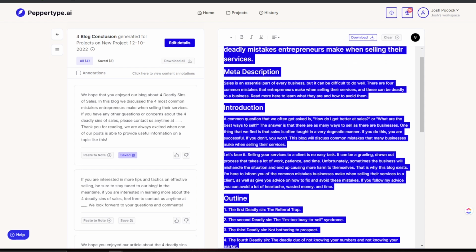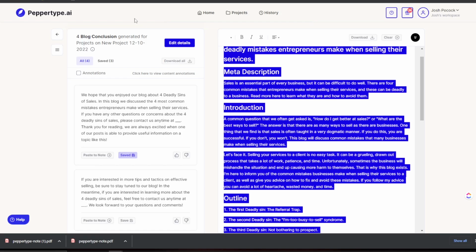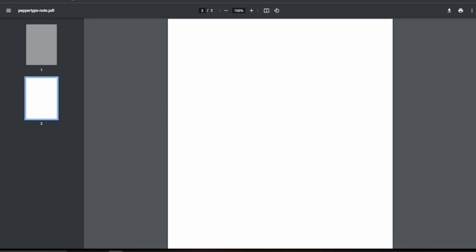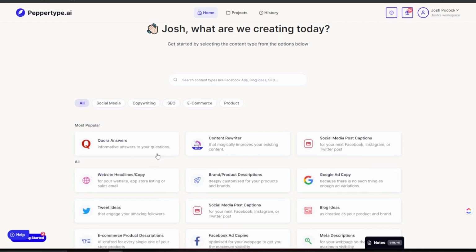So you can download this if you want. Download as a PDF. Taking a little bit to load there, but as that's loading, interesting. Looks like it had some issues downloading, so let's see. Anyways, I'm gonna look at that in a second, but you can see here we have core answers, content